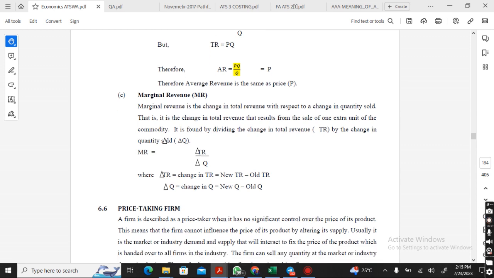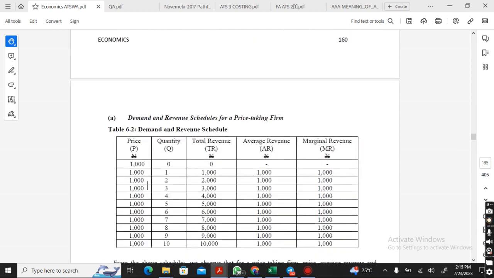This is very common to us. The change in total revenue, new revenue minus old revenue, over new quantity minus old quantity. So now,